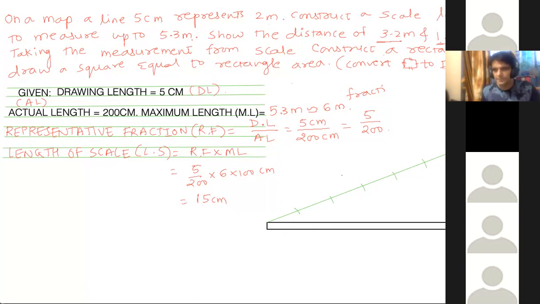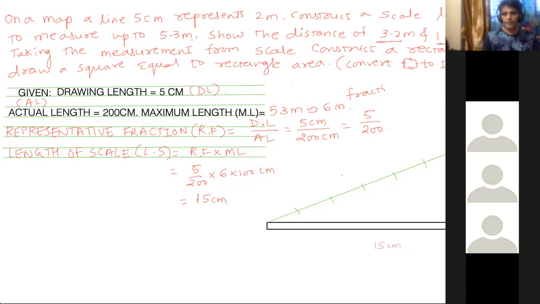And the height of this rectangle is 5 millimeter. I'm just giving you a rough idea. This is 5 millimeter and this is 15 centimeter. Okay. So just continue, I'll come back. Just do this. So see what we can do. Now we can draw this parallel line. So we get 6 parts.